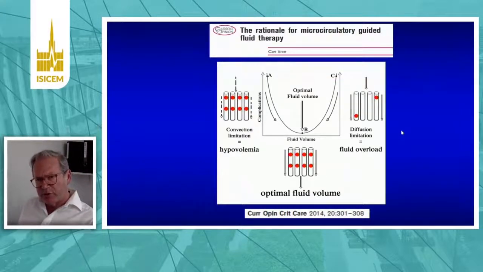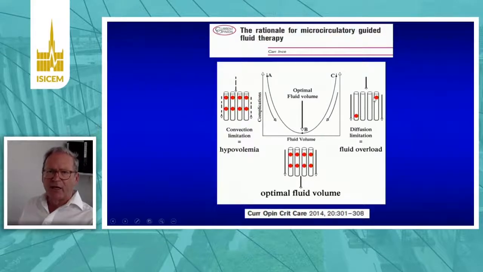And why is this important to have both on board? Well, it certainly is the case in fluid resuscitation. For example, when we've got hypovolemia, we will indeed have a problem of convection limitation, in which there is a slow movement of the red blood cells, and when we fluid load them, we will see a faster movement of these red blood cells. However, if we continue to give too much fluids, we will dilute the